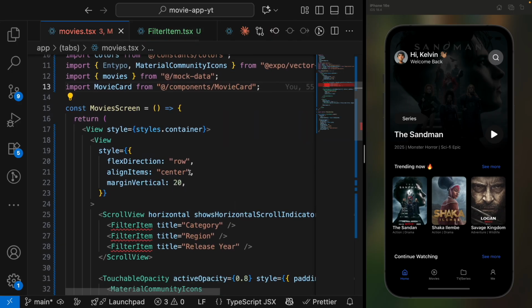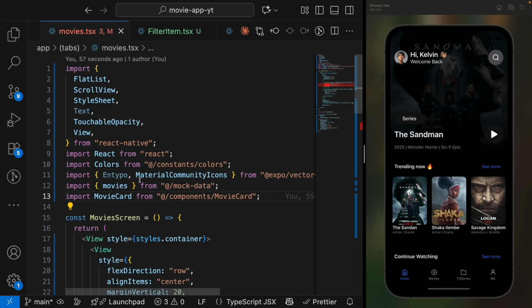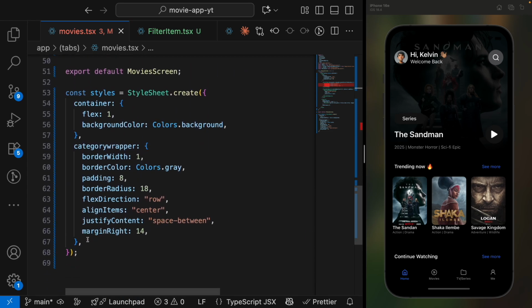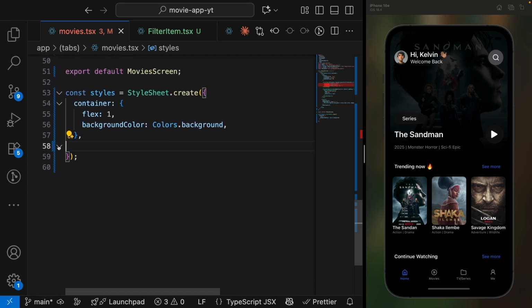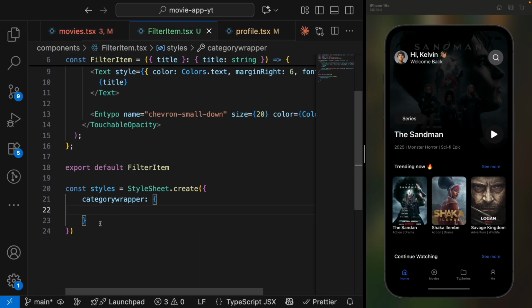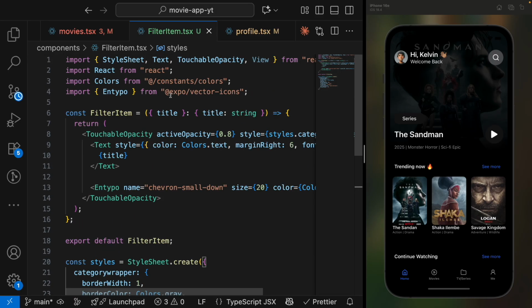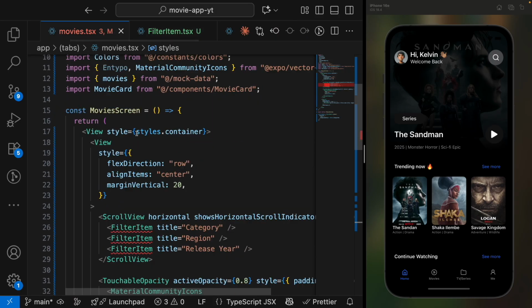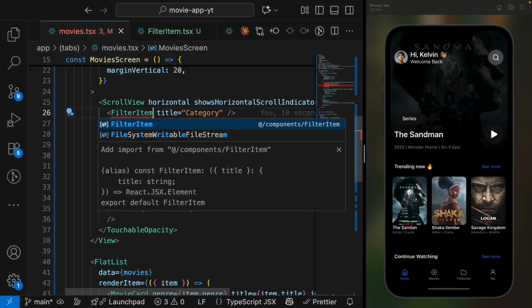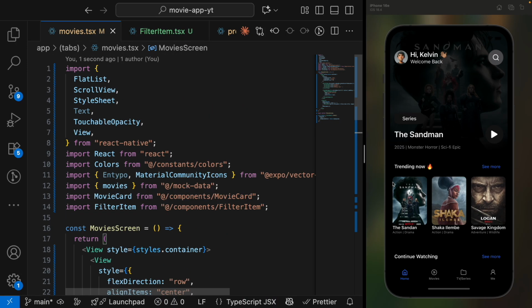So come in here and then make sure you're copying that. So copy this, in fact, cut everything over there. And then inside here, paste it over here like this. All right. So now you can come over here and then import the filter items from the components. Good, because we'll be reusing them inside the TV series screen. So when you come